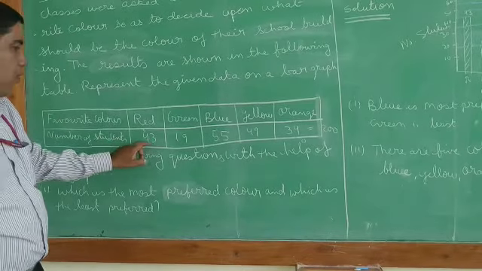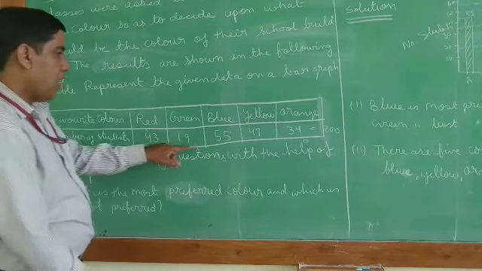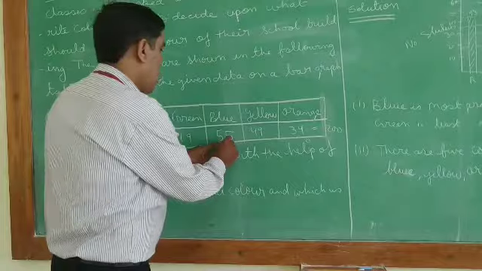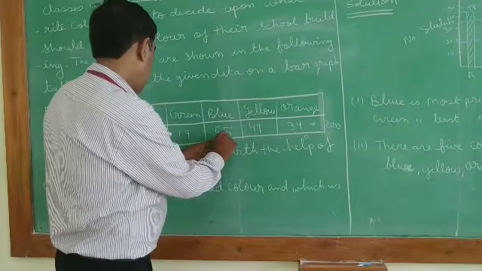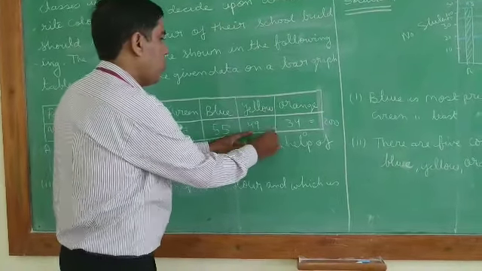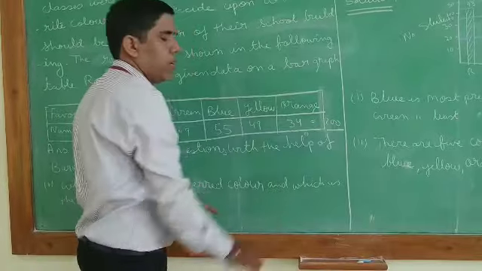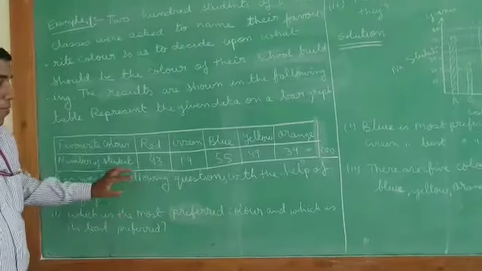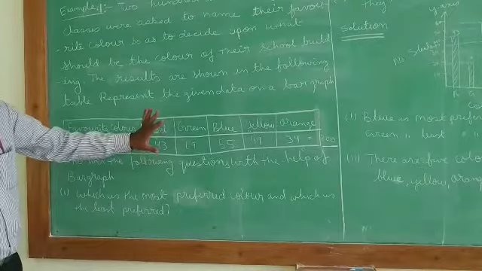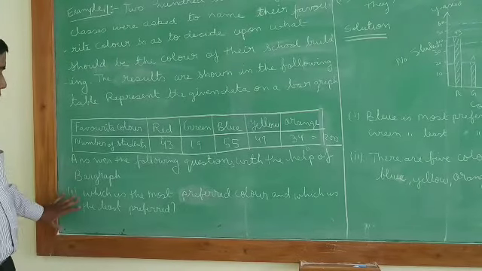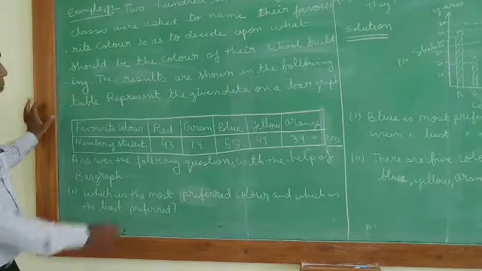Right? 3 plus 4, 7. 7 plus 1, 8. And 8 plus 5, 13. 13 plus 4, 17. 17 plus 3, 20. So it is coming to 200. Because if by mistake the data is wrong, your answer will not match. So be careful. Now you have to draw the graph properly.